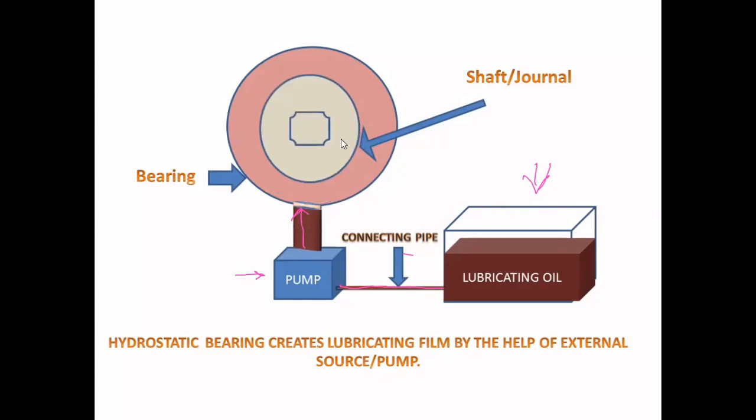Okay. Now how does that shaft move upward? Because the lubricating oil we are taking from this tank, we are supplying with the help of a pump, it will come and fill inside. So what will happen, whatever empty portion is there will be covered up by the lubricating oil, and this shaft will go up.